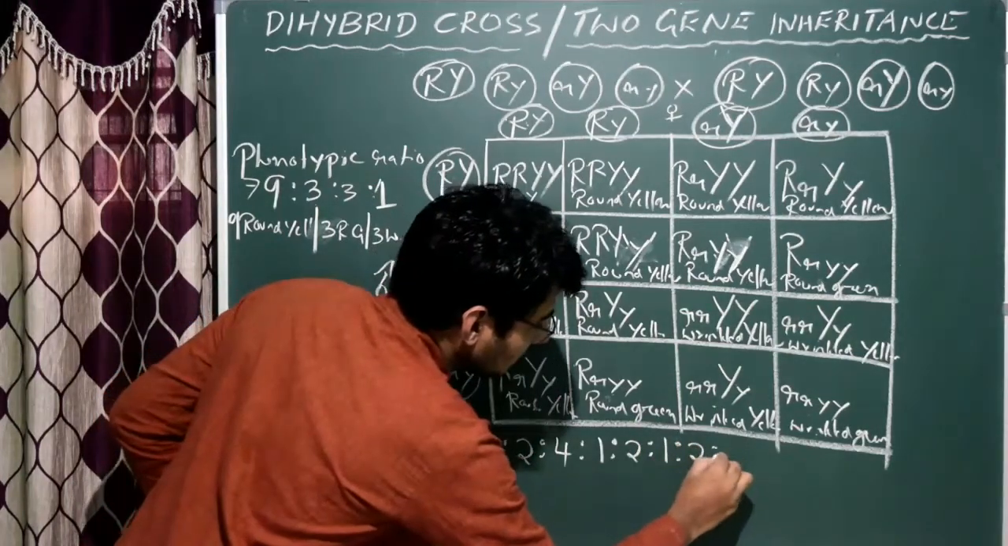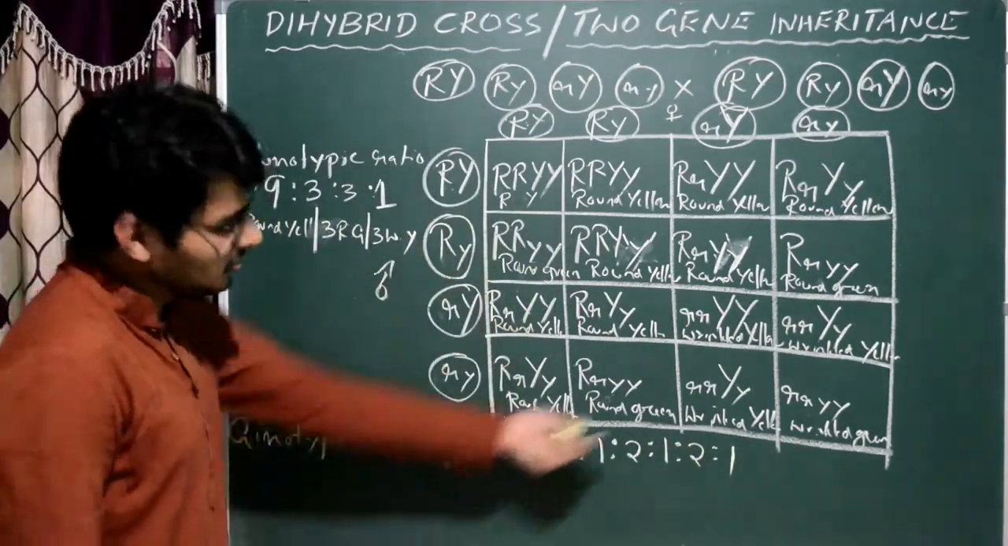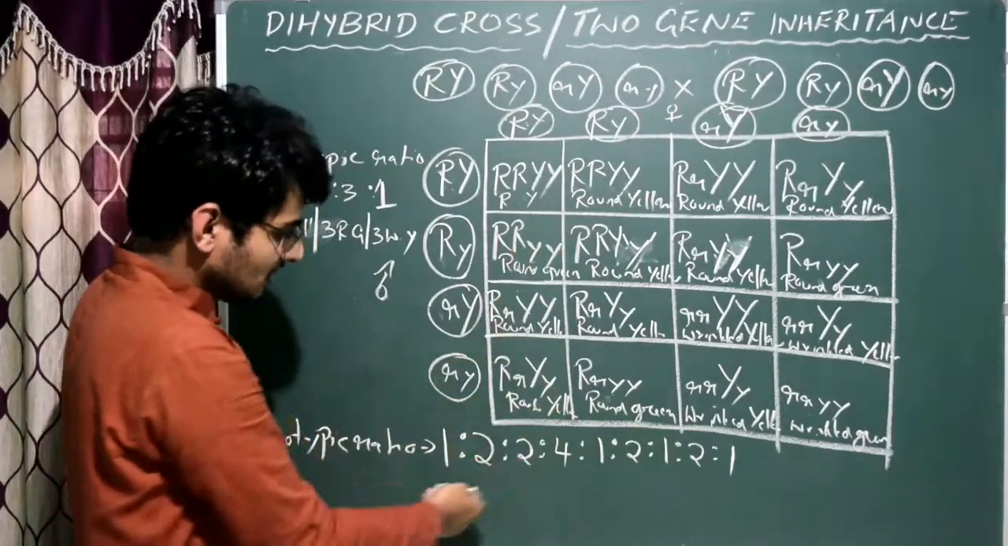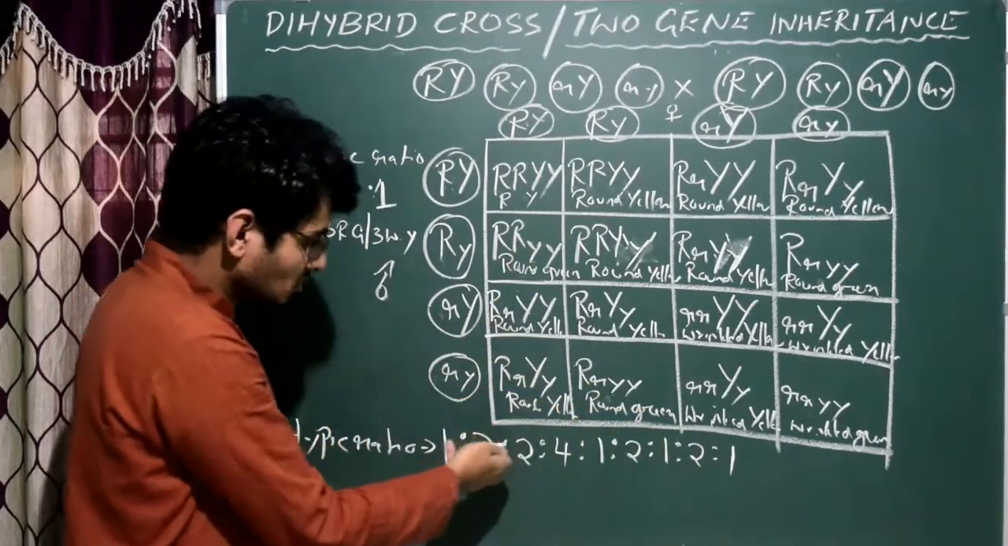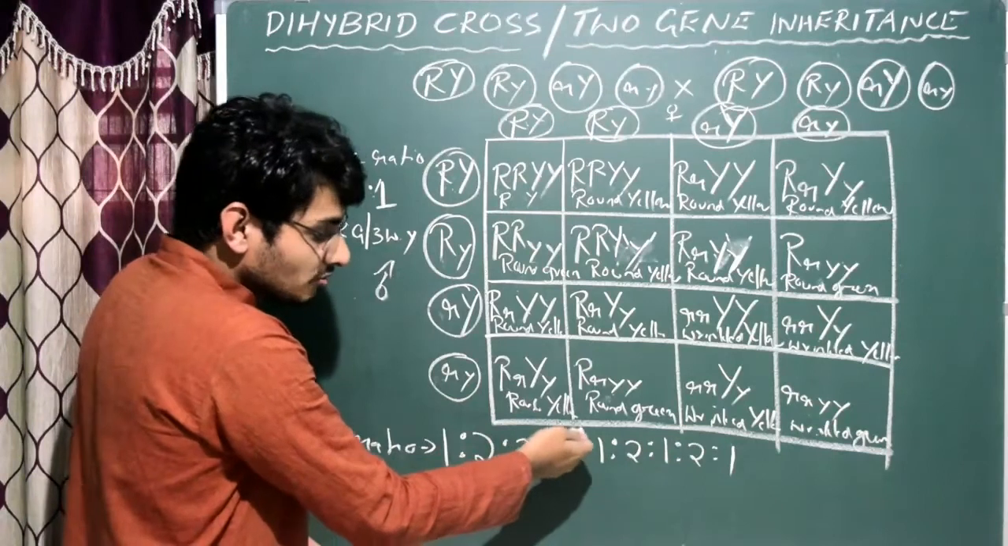2:1:2, 2:1. That's it actually, you can do it actually. No need of writing all these things. Instead of that, please remember this 1:2:2, 2:4:1:2,